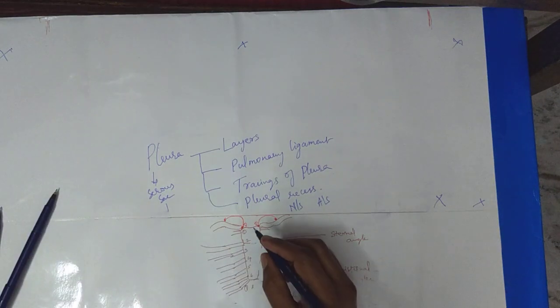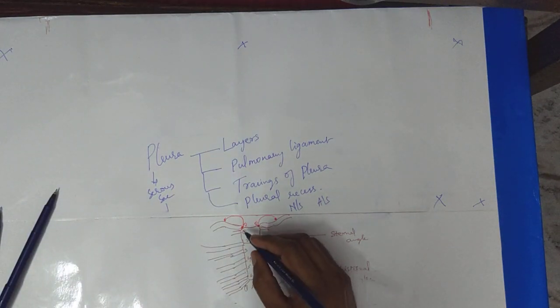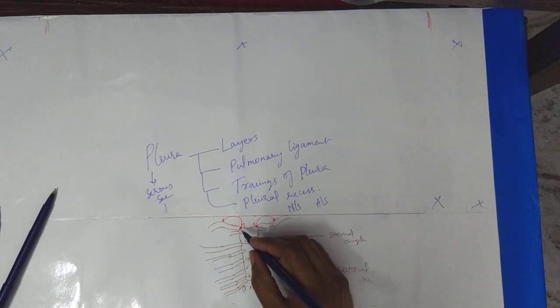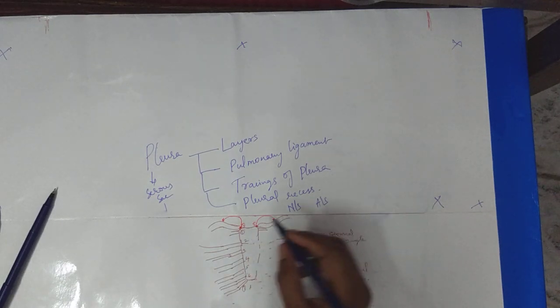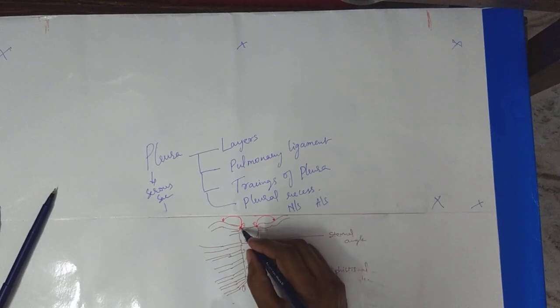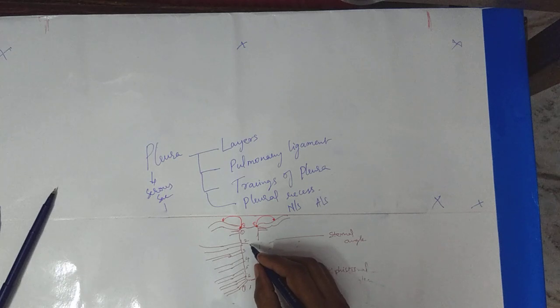The next thing is your anterior lining, where your costal pleura and your mediastinal pleura are joining. On the right side, you can extend this line from your sternoclavicular